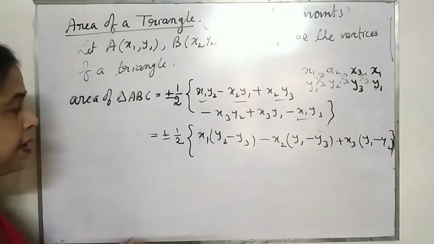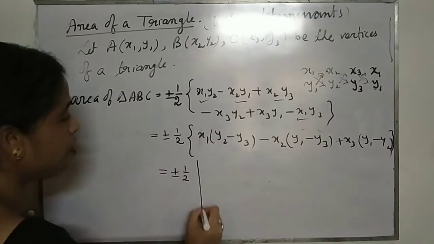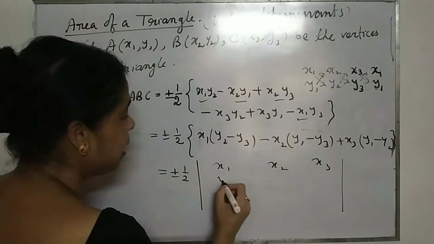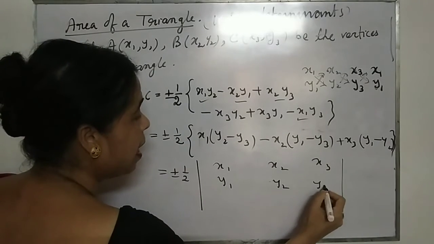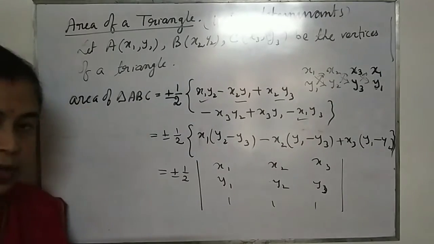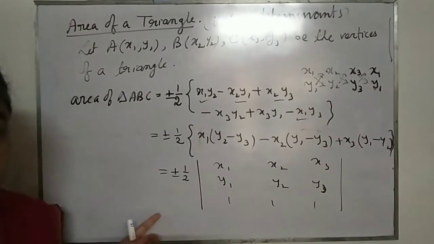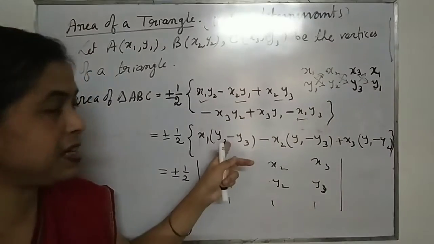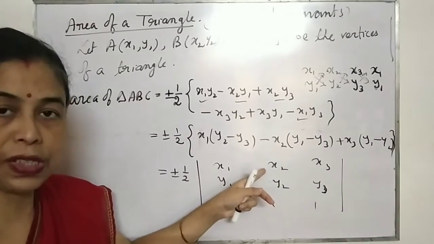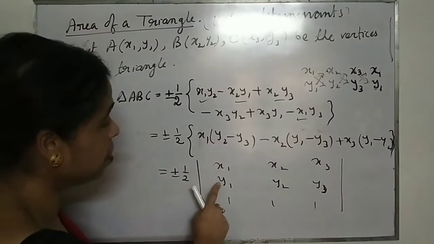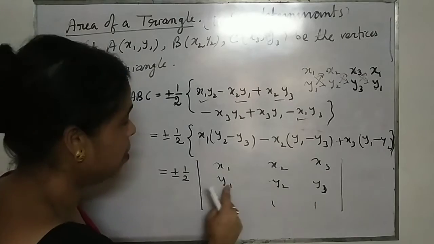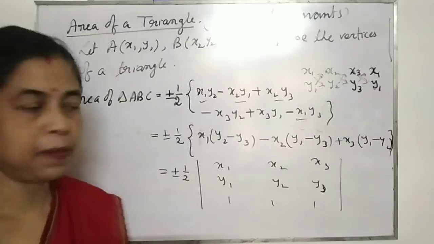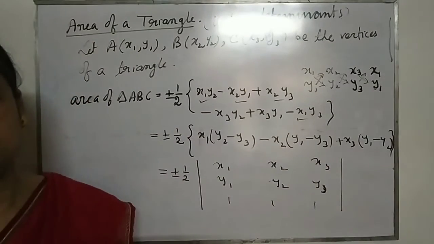So this is done. Now these can be written in the form of a determinant like this. Suppose I write the first row as x1, x2, x3, the second row as y1, y2, y3, and the third row as 1, 1, 1. To expand the determinant: x1, deleting its row and column, this is left, and the expansion gives y2 minus y1. Then minus x2, deleting its row and column, the determinant left is y1, 1, y3, 1. Cross multiply, y1 minus y3. Plus x3, this is left, y1 minus y2. So this can be obtained.